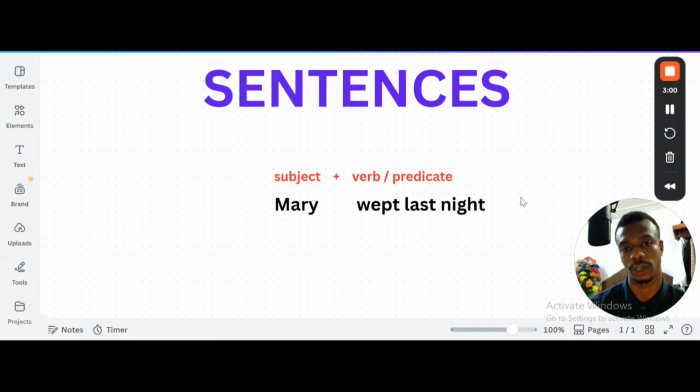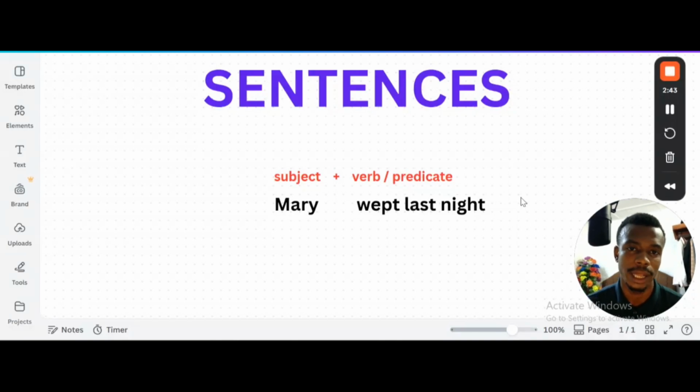Now that being said, this is just fancy words, because in reality a child doesn't learn the meaning of subjects or verbs or predicates before they begin to say their first meaningful sentences. Mommy, I'm hungry. Mommy, someone is looking for you. A child doesn't learn the meaning of these things before they start to use sentences.